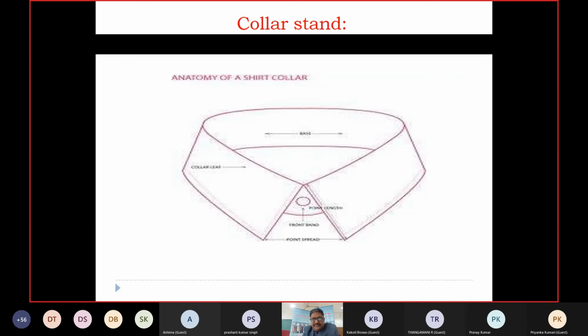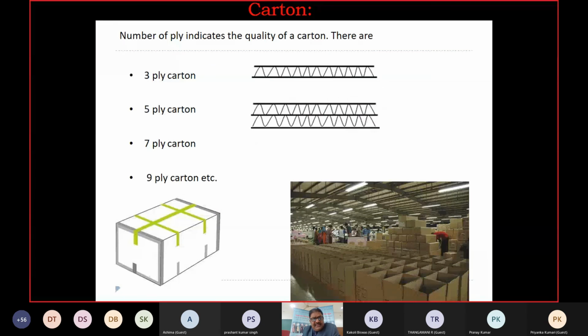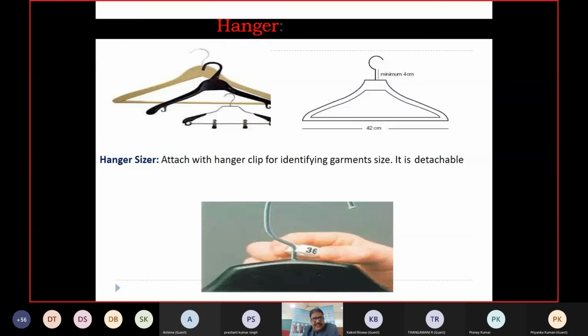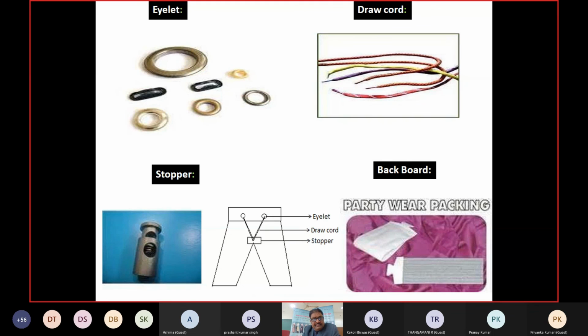Collar stand. Then the carton, meaning the carton used for packaging. So here are the cartons, hangers. These are the accessories. This is the shoelace, like a shoelace.